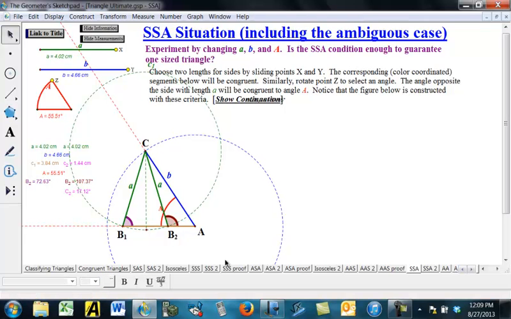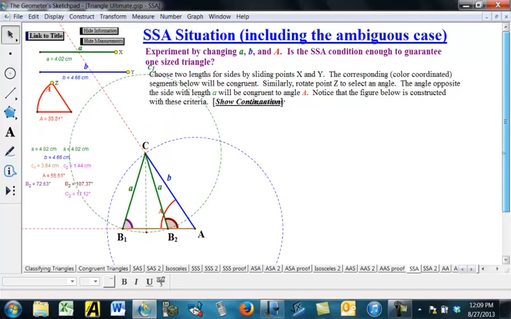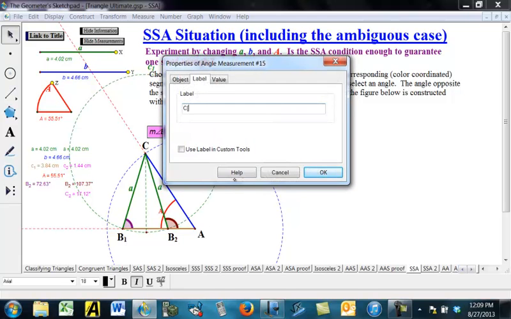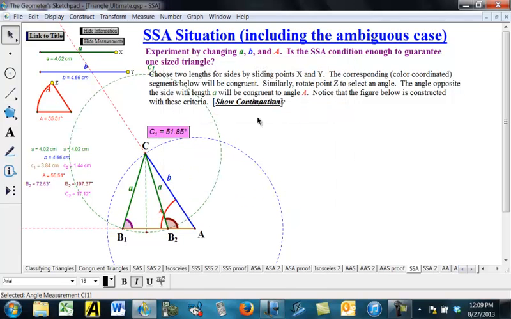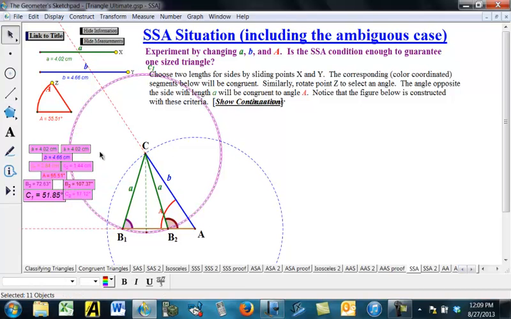Do I even have that one measured? Okay, so C1 goes from B to C to A. I can measure that angle. We'll call that C1. Okay, and notice that that's different. So these measurements here